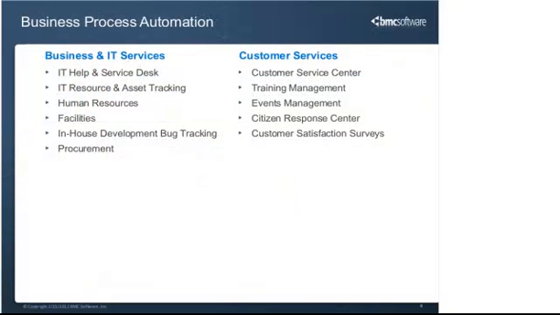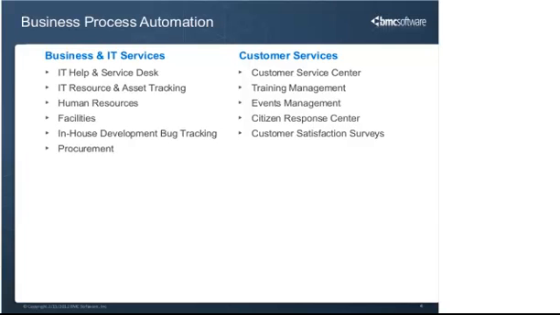FootPrints has a unique concept known as workspaces. Workspaces basically lets you, as an administrator that owns the product, carve out the product to facilitate the needs of a particular department, be that facilities or HR or something outside of IT. But a workspace can also facilitate the needs or allow for a particular process to be placed into the product. And really a workspace is its own set of tables, its own forms, its own teams, users, workflows,